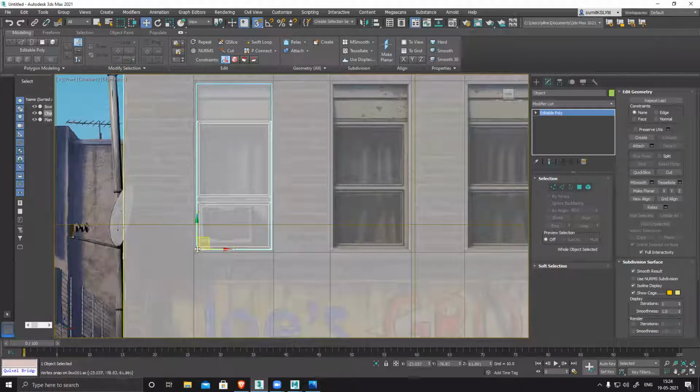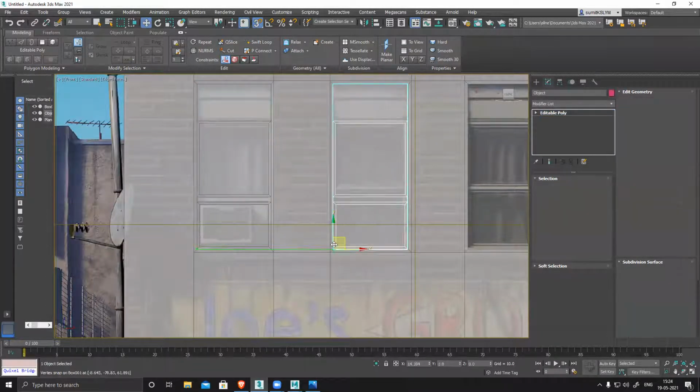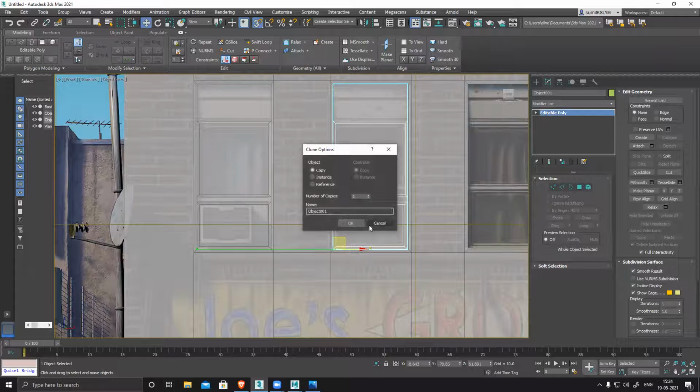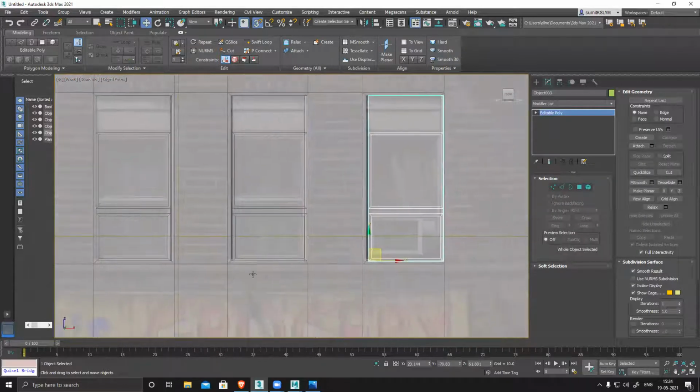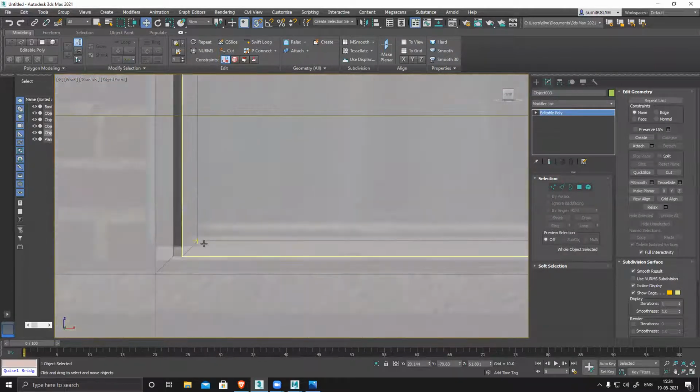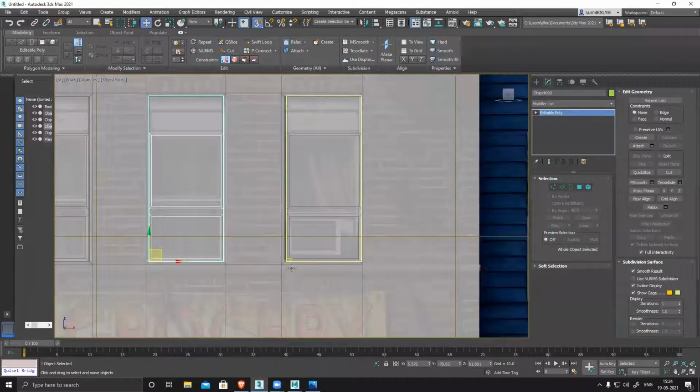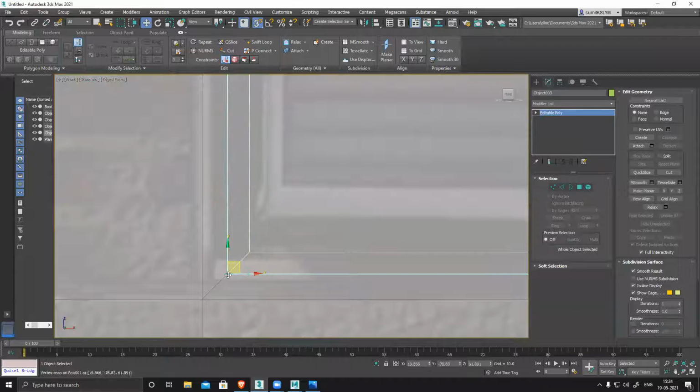Press shift and then drag, snap, 3. See, it duplicated nicely. Select this one and snap it back. Select this one, snap it back.